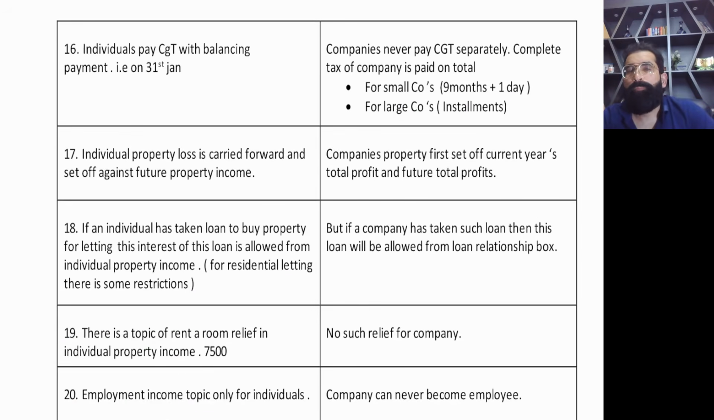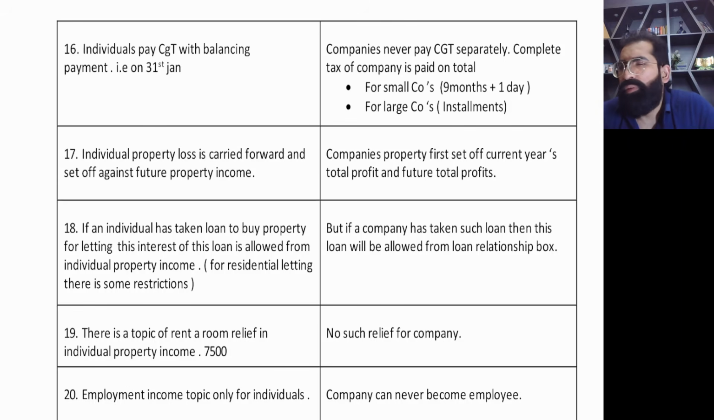Yes, the payment date for individual CGT is after the fiscal year. If you are paying for the 23-24 fiscal year, the due date is the next 31st January after the end of the fiscal year. So for the 23-24 fiscal year, the CGT due date for individuals is 31st January 2025. But